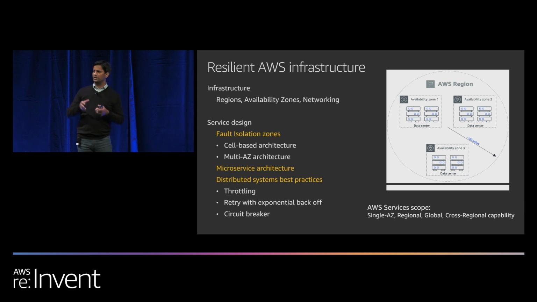Cell-based architecture is we micro-segment resources, even within an AZ, into smaller chunks of resources so that each resource is independent of each other. So when we deploy, do a code push, or if there is a hardware failure and things like that, it is much more localized than just an AZ. So when we're pushing code and things like that, it's going in on a cell-by-cell basis so that you are constraining that blast radius to the minimum affected resources possible.